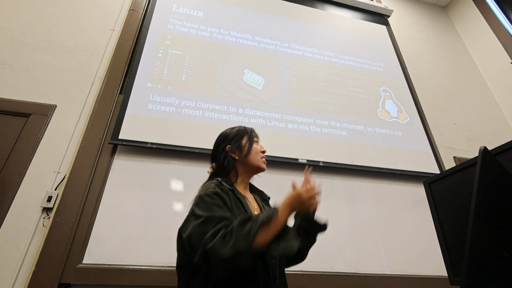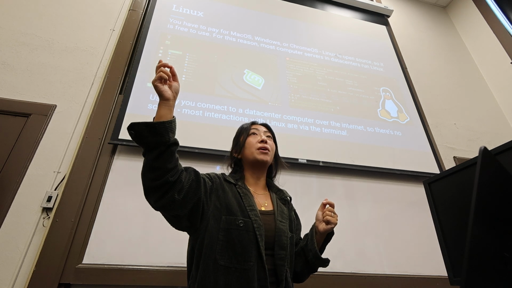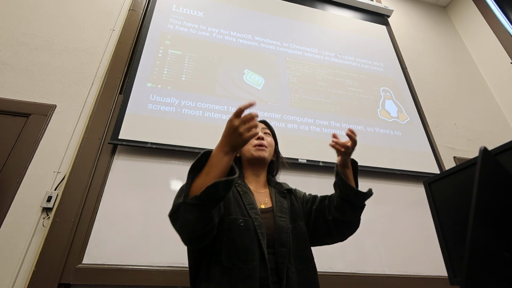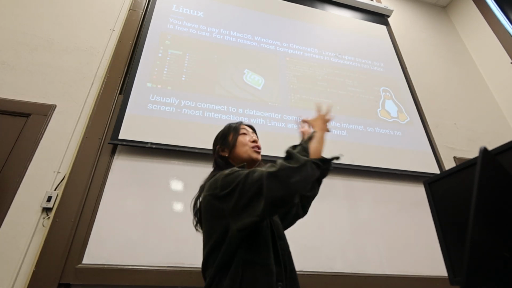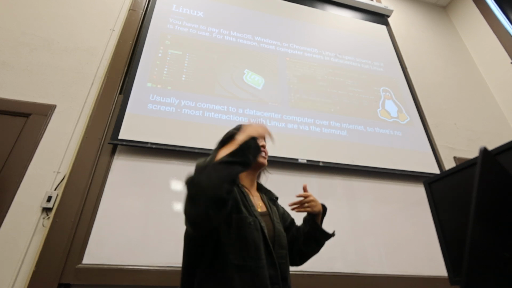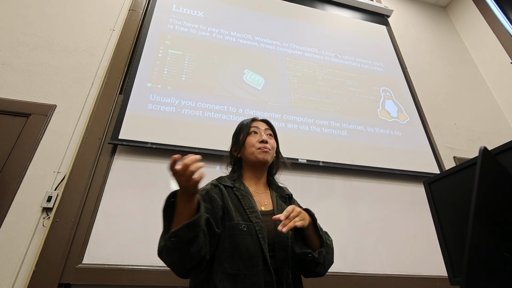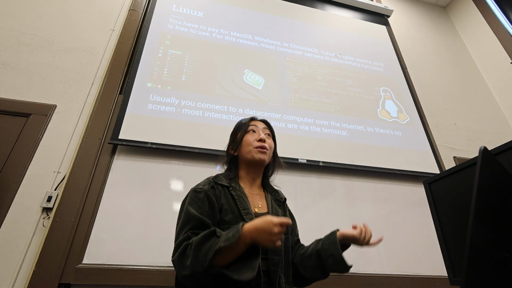So there's no screen on these computers, right? There's no UI to access these computers. These are just computers that are running machine code, binary code, zeros and ones, on these random machines in huge data centers that have a lot of processing power. So in order to interact with them, there's no website, right? There's no UI. You use this thing called the terminal.